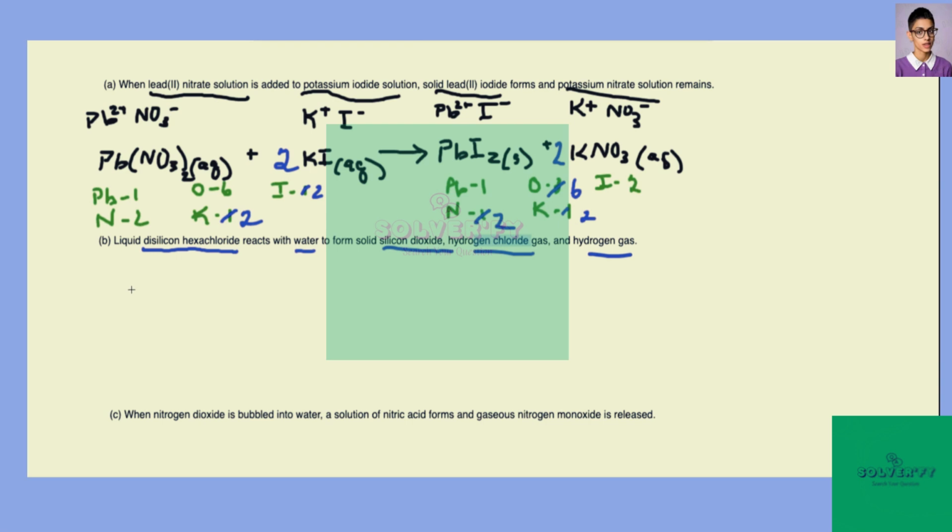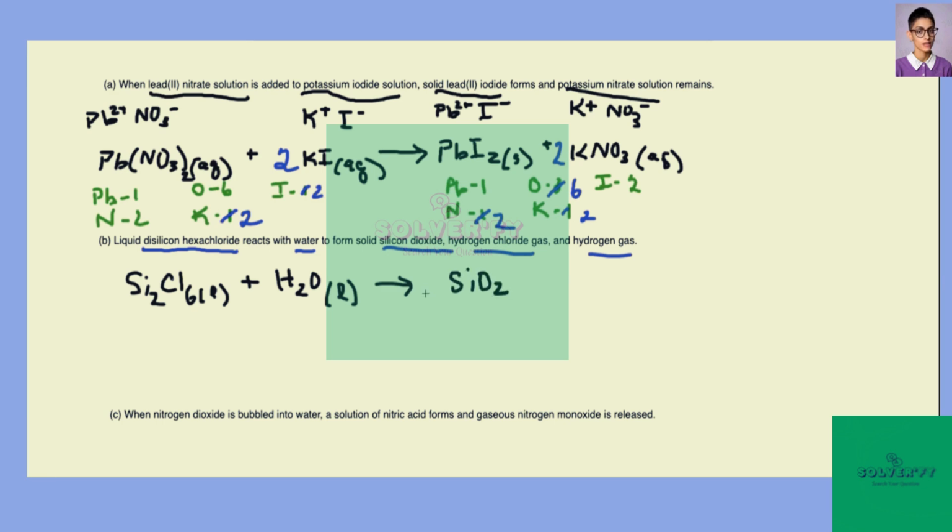So disilicon hexachloride has silicon in it, which is Si. And the di means there are two of them. Chloride is Cl, hexa means 6. And it's a liquid, so the l reacts with water. No state is given, so we will assume that it's liquid water as well, to form silicon dioxide, which is SiO2,